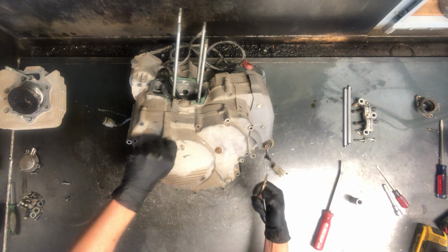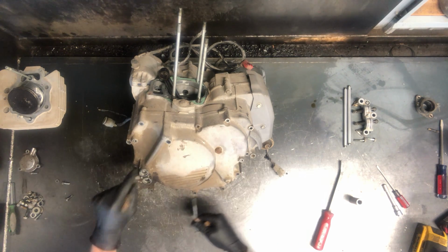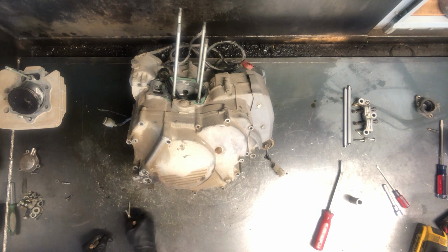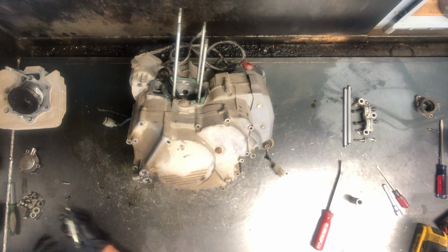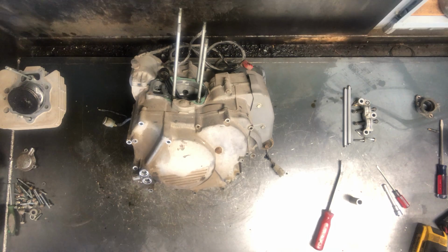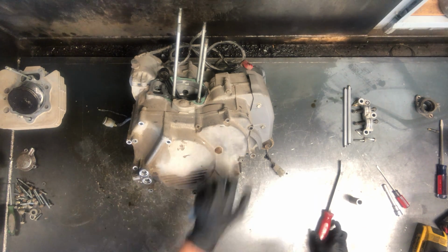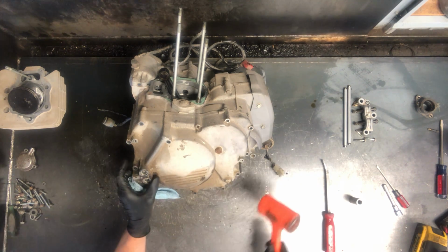And if I was going right back together with this motor, I would say start wherever you want. Say at the oil filter, so I'd set this bolt down, that bolt down, that bolt down, that bolt down, in the order that you take them off. That way you know, but we're going to have to throw these in a box when we rebuild this later. We'll figure out where they go. It's not a big deal, it just saves a little bit of time if you're going right back together with it, which we're not. So next you're going to take a rubber mallet or a plastic mallet and